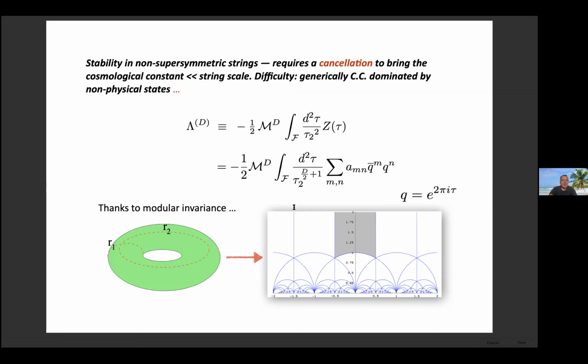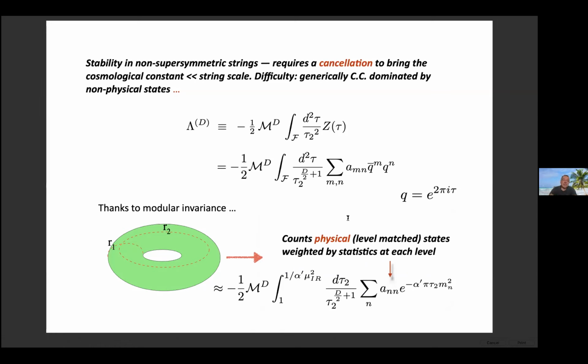Thanks to modular invariance, you're supposed to integrate over all independent taus, which describe the different tori. Modular invariance tells you that I can map every different torus into a fundamental domain. So famously, you're missing the part down here, which is the ultraviolet of this integral, and you only get this part, which looks like the usual field theory. If I boil this integral down, you end up with something that looks like that. As an approximation, the 1 here is the bottom of the fundamental domain, and then this is some cutoff, so I'll put an infrared cutoff here. And you see this looks just like a Schwinger integral.